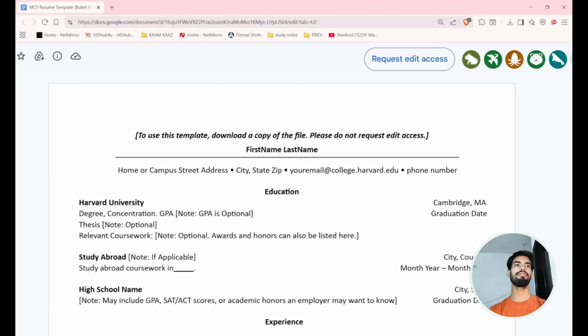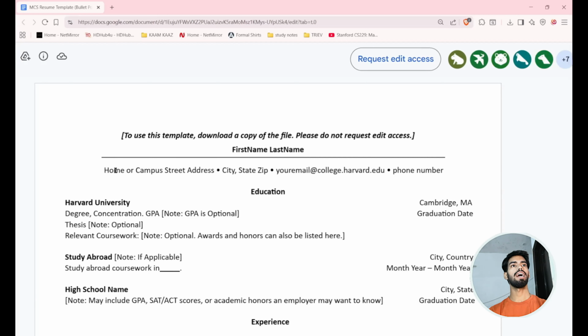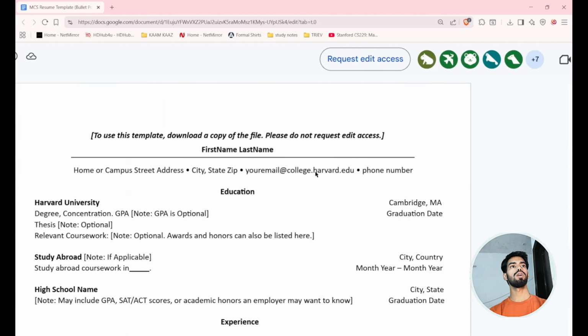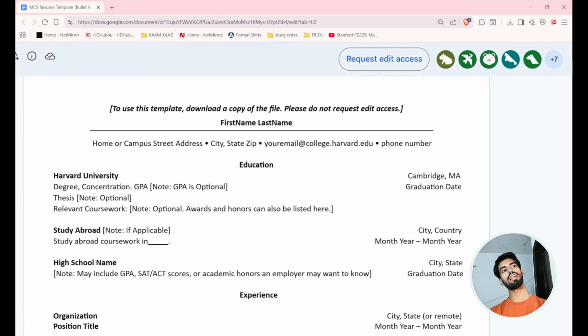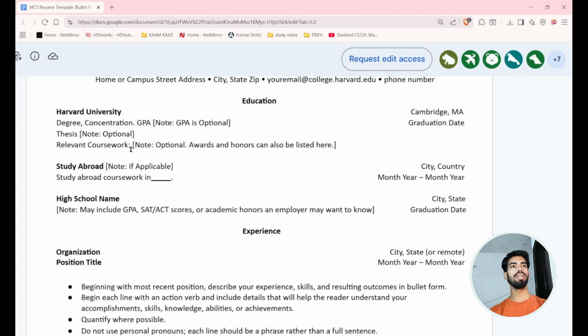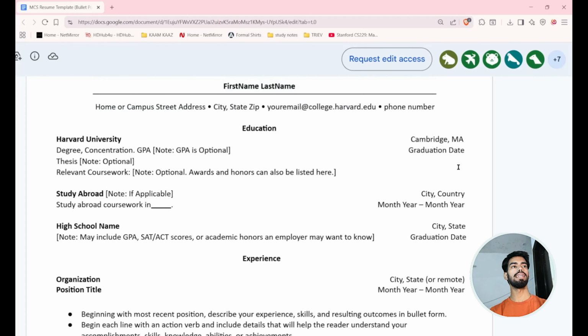And also let's see what this sample says, ठीक है। So first of all we have first name and last name, then we have home or street address, ठीक है, if you want to share, ठीक है। City and state is something you should say, ठीक है, that is of much relevance, ठीक है। Next we have your college ID, phone number, then under education you can give the university name, then schooling, their details, ठीक है, that you can share, the year, the location and everything, ठीक है।